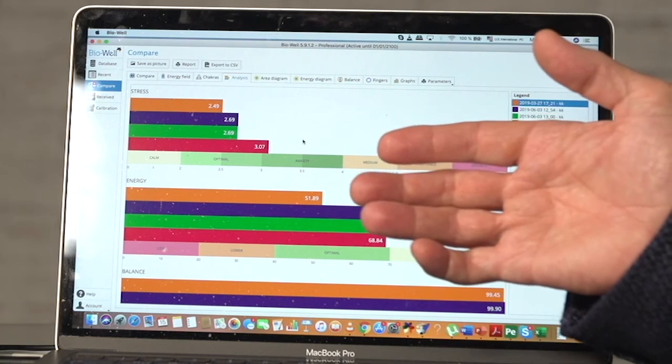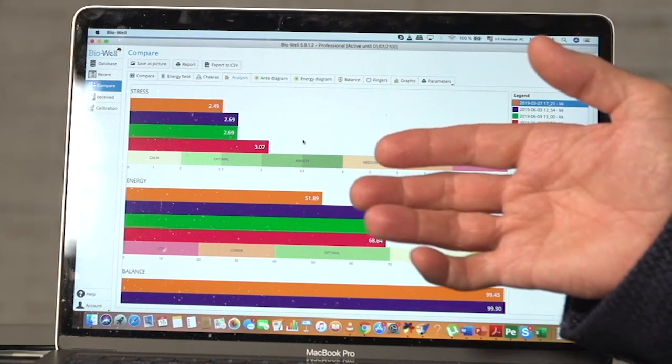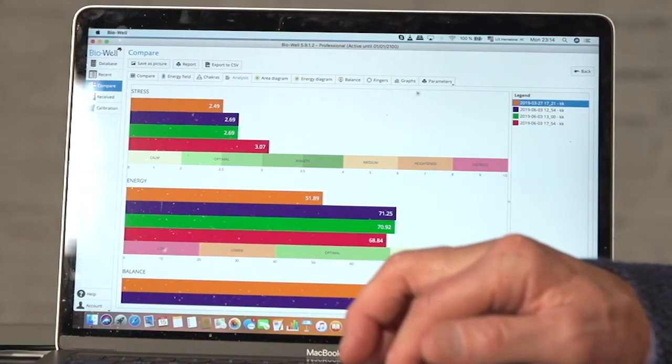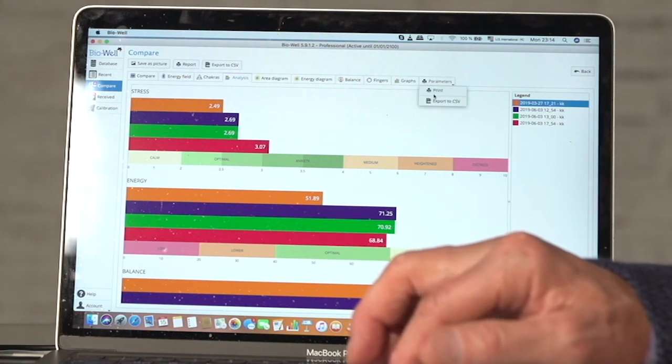Here in this program we can download up to 50 readings and make a comparison. But of course when you have more than 6, it's not convenient to see something on the screen. So typically we make 6, maybe sometimes even 10, not more. And 50 we are using for statistical analysis. And when you make this evaluation, you can look at parameters and you can